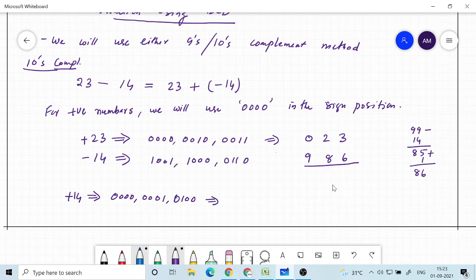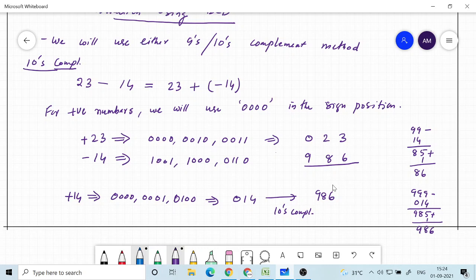In decimal format I can write it as 0 1 4, just like I wrote 0 2 3. Now taking tens complement, you have to subtract 0 1 4 from 999. That will be 9 8 5. Then you add 1, so you will get 986.